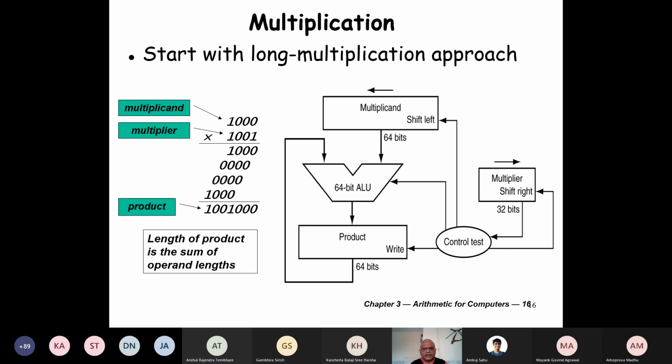We don't use this hardware actually. This is extremely simple hardware to understand. We'll see optimized hardware. If we understand this, we can understand the other hardware. Otherwise, it will be extremely difficult because that's the optimized one. So, Bandit, can you tell me how many cycles it will take to multiply two 32-bit unsigned numbers?